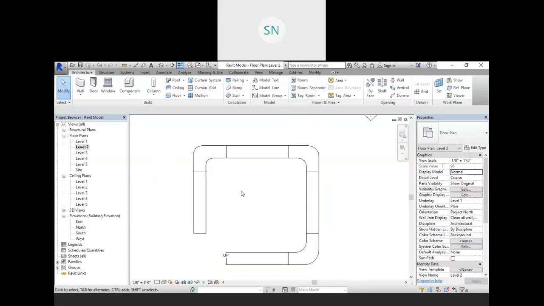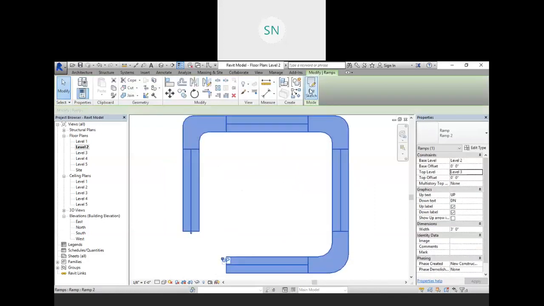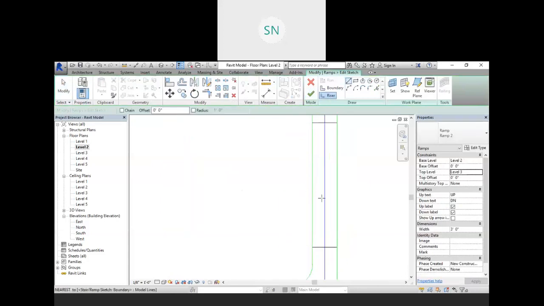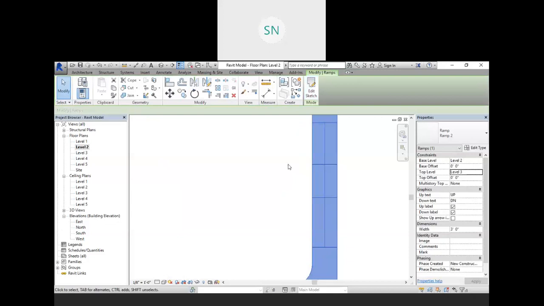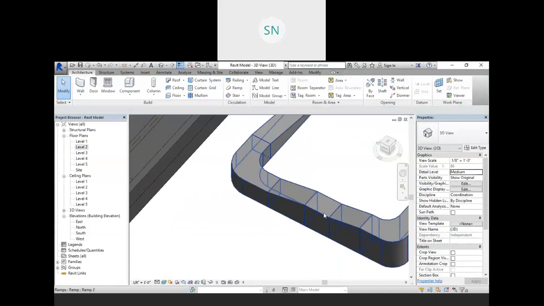If you want to provide some other landings over here, you can add risers. So click on edit again, click on the risers, and I want to add one riser over here. So you have to add a couple of risers at a time. See, this is one, so we need to add one more. So this area will be our landing again. Here we have ramp, then again landing, and again ramp. Hit OK. Go to the 3D view again, and you will get my point. See,